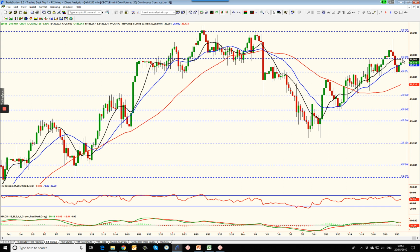So for us, 26,000 is the level here, and the market's not far off that at this moment in time. But above this level, we're back into play again, looking for new longs back up towards 26,200. If the market rejects this and can't get through 26,000 today, then it's likely to come back down. We'll see a retest of